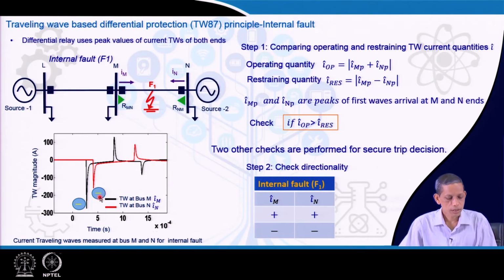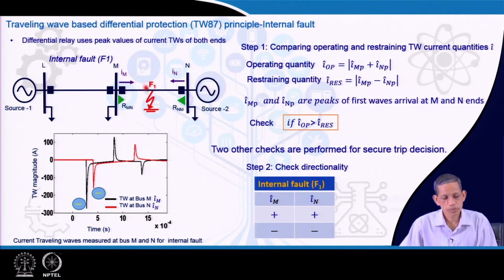Now, what I mean to say here is that when the travelling wave goes this side, if it is a positive current wave and reaches here, the relay sees it towards this side. If you remember, in the phasor domain approach or sample domain approach, for this fault this source was feeding from this side, and for the same fault this source was feeding from this side. So, our relays are looking in the forward direction to the line in this panel to identify the internal fault.